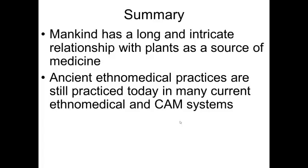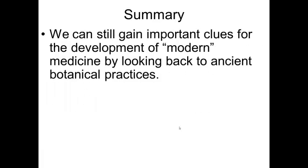Now, in summary, I want to state that mankind has had a long and intricate relationship with plants as a source of medicine, and these ancient ethnomedical practices are actually still practiced today in many of our current traditional medical systems or ethnomedical and complementary alternative medical systems. Another take-home point is that we can still learn a lot. We can get a lot of clues for the development of modern medicines or modern pharmaceuticals by looking back to